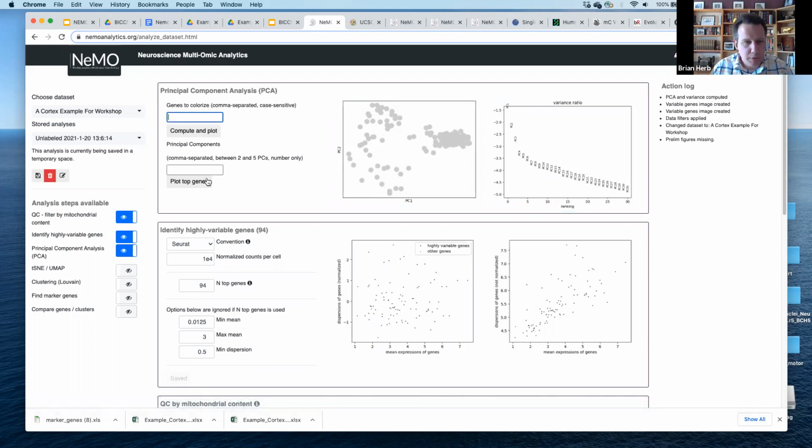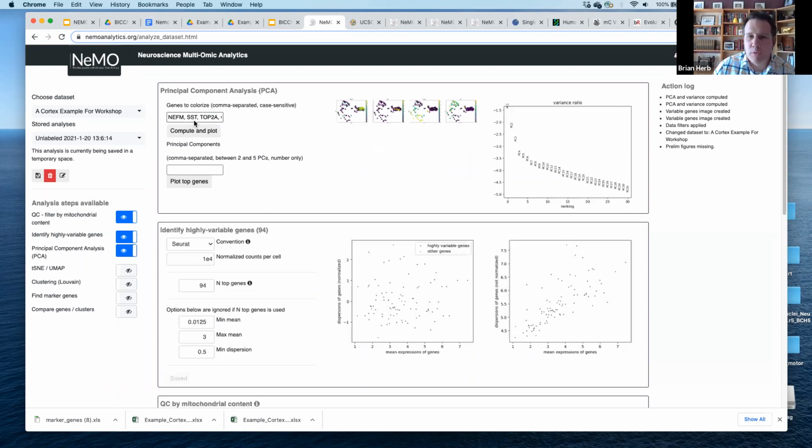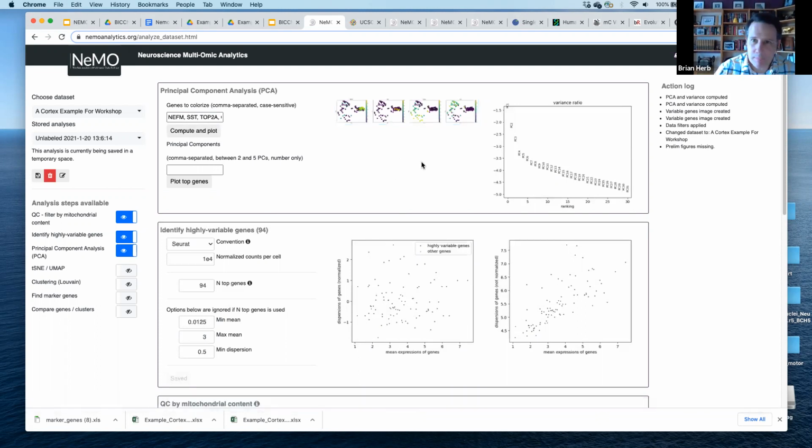And so if we wanted to, at this level, let's see here, toss in a couple of genes that we may be interested in in the data set. These are just a few that I knew from before marked various populations. We can see in this tiny little view right here that these genes are already delineating major cell types, astrocytes, oligodendrocytes, et cetera. So this kind of helps you as we're marching along,